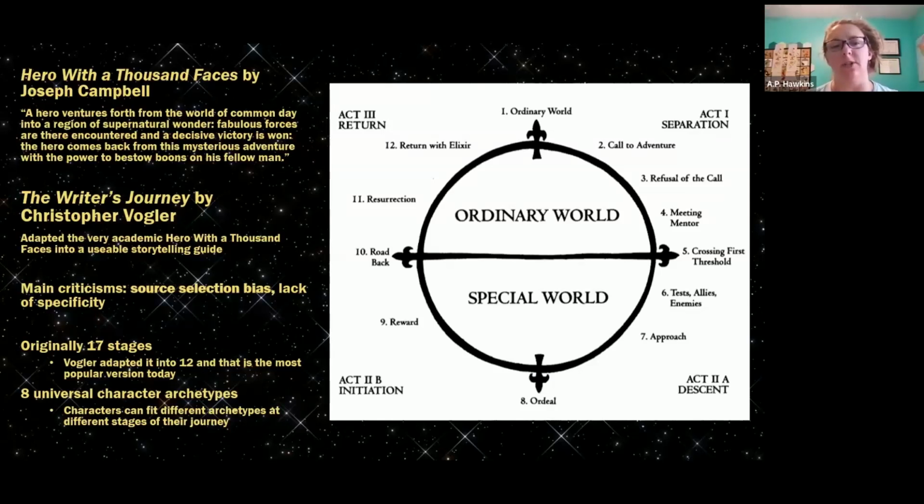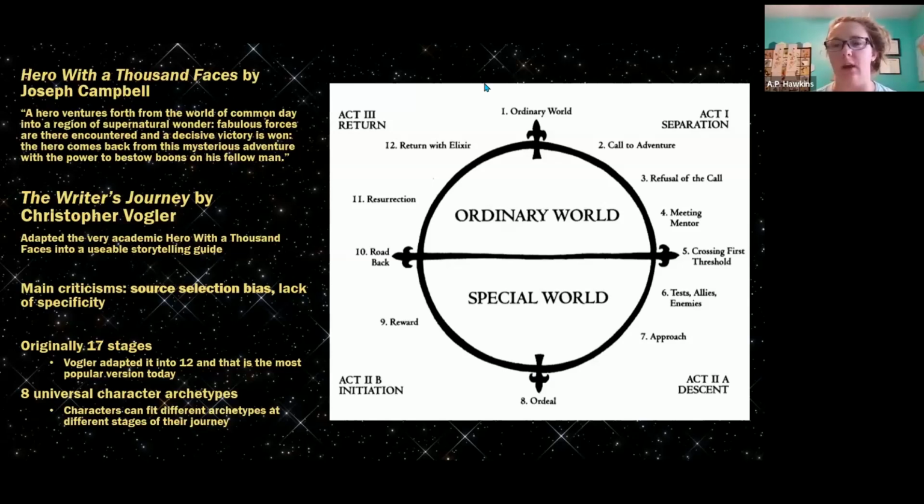So again, like I said, originally there were 17 stages in the hero's journey. You will see in my graphic that there are only 12. This graphic is from Vogler's adaptation of the hero's journey. He adapted the 17 stages into 12, and this is the most popular version of this structure that's used now. There are also 8, quote, universal character archetypes. And one of the things about this structure is that characters can fit different archetypes at different stages of their